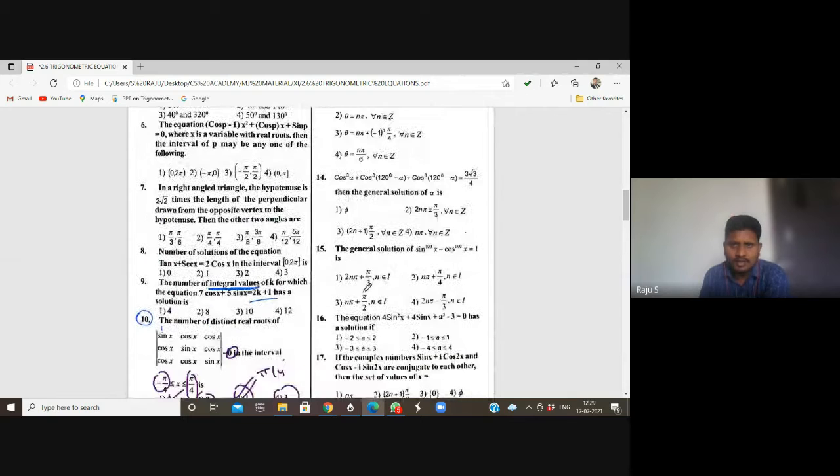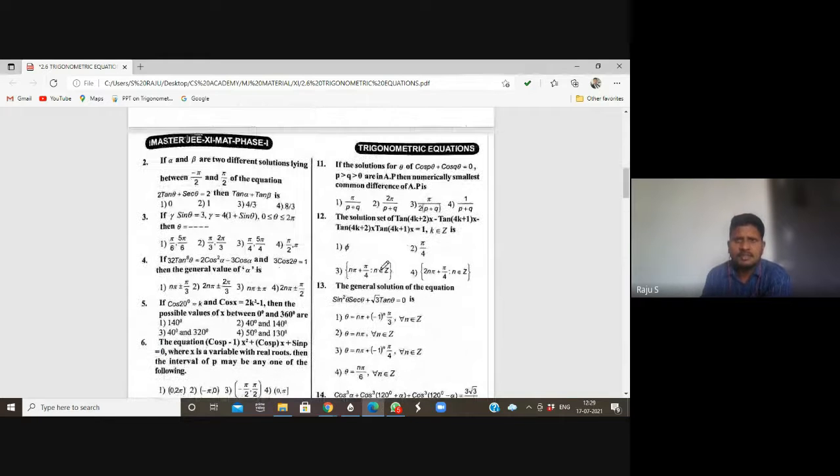Like that we can check it. Next one, question number 11. If the solutions for theta of cos p theta plus cos q theta equal to 0, with p greater than q greater than 0, are in AP,